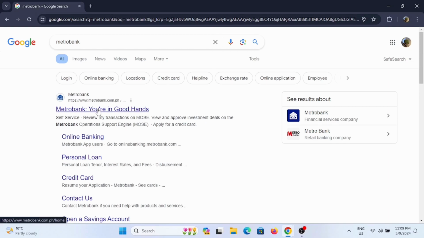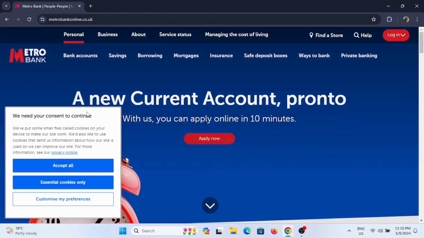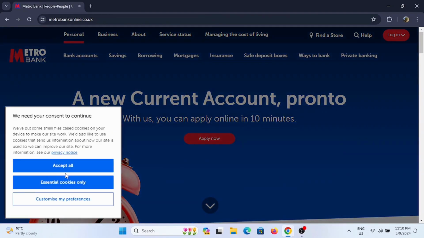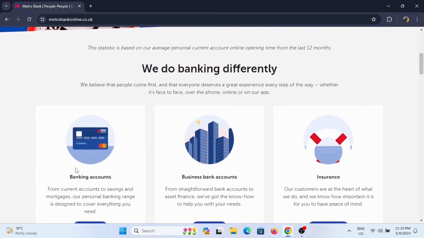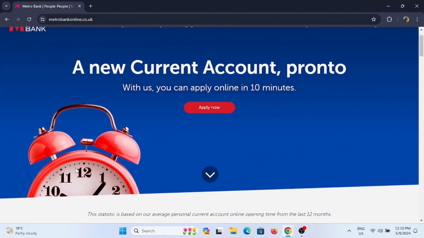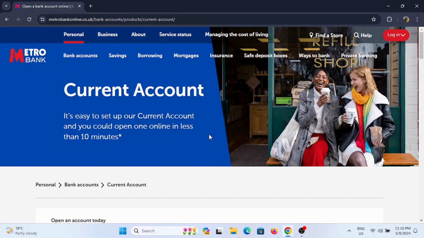Open up a browser that you prefer in your device. Search for MetroBank and select on the option. You'll be redirected to the official website of MetroBank. Now in here you will see the Apply Now option that you can tap on, and the application will only